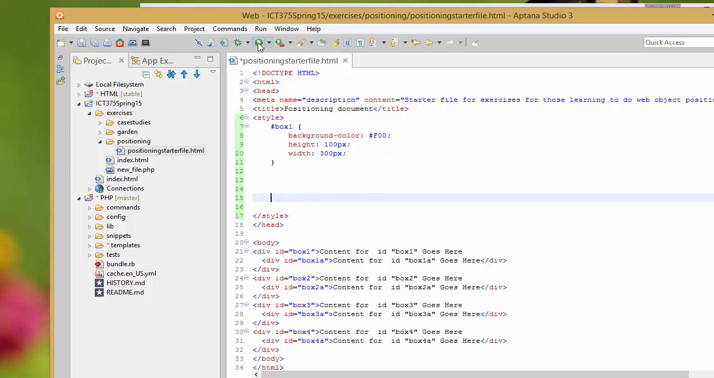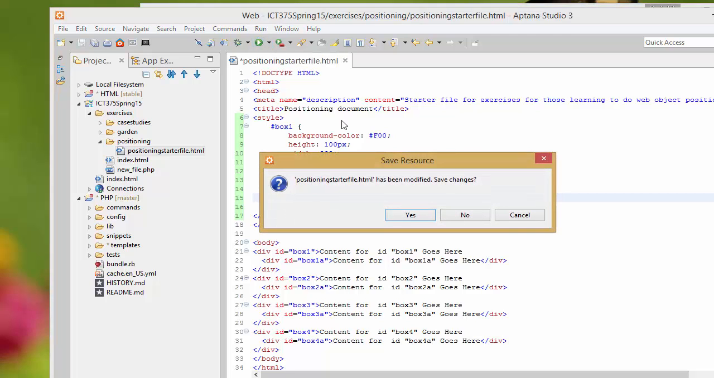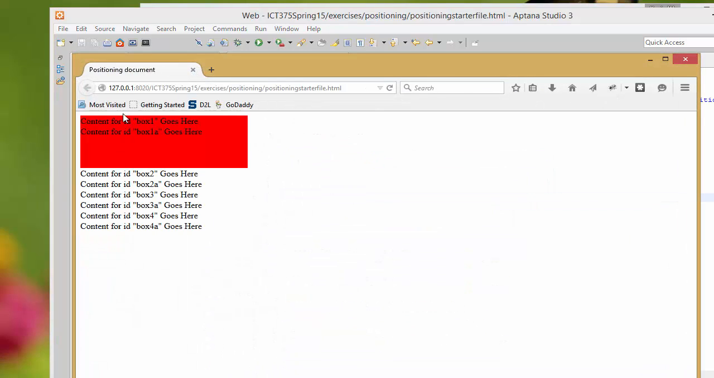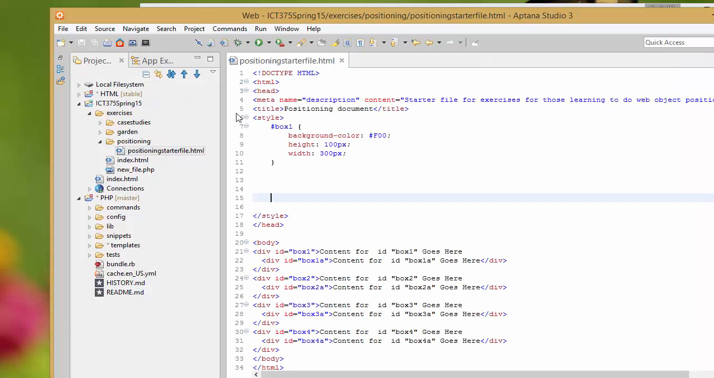Now in this case, I'm going to go ahead and choose the run. Yes, I need to save that, and that builds my box. So I've given it a background color of red and I've given it a height of 100 and a width of 300. So you'll do the same thing for the rest of your boxes, just creating a different